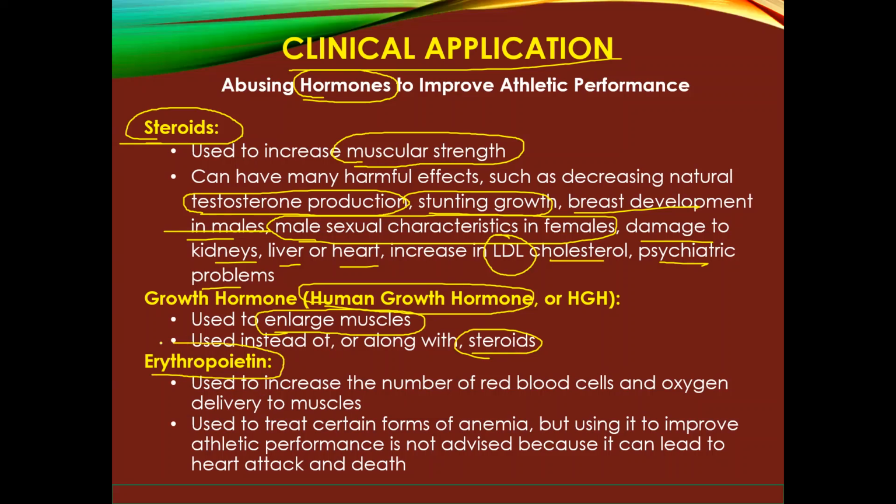Erythropoietin is the hormone that is produced by the kidney to increase red blood cell production. So some people can abuse it and put it inside their body in order to increase more red blood cells. It means that it will increase the oxygen delivery. So for some athletes, this is important to increase the oxygen level in their cells. So they use this as a shortcut to increase the oxygen level.